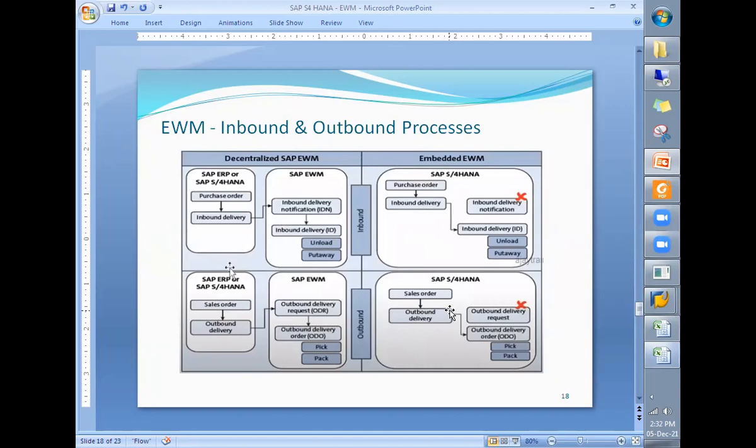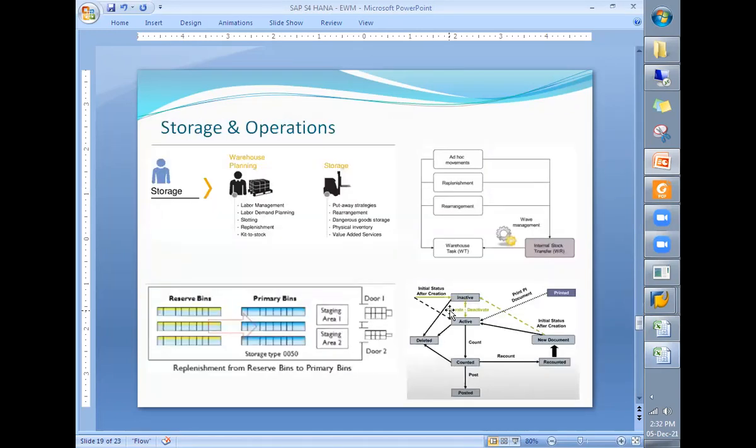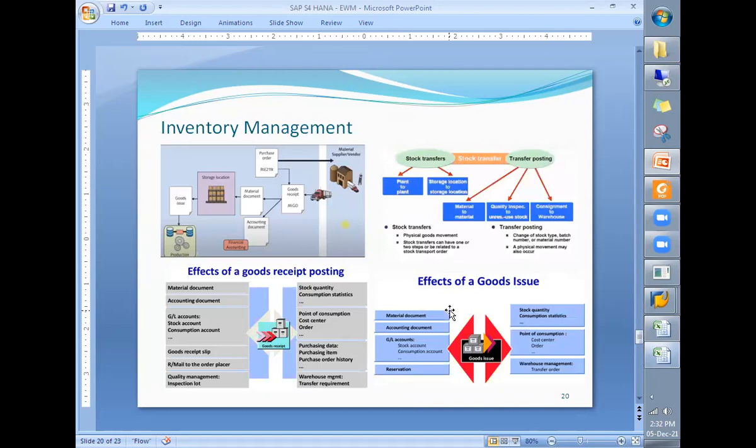So we will do the practical aspects and the configurations. In storage and operations, we will be discussing replenishment, rearrangement, and other things. And of course, we will try to understand inventory management, the effects of goods receipt posting and goods issue, and how the data flows between these two systems.